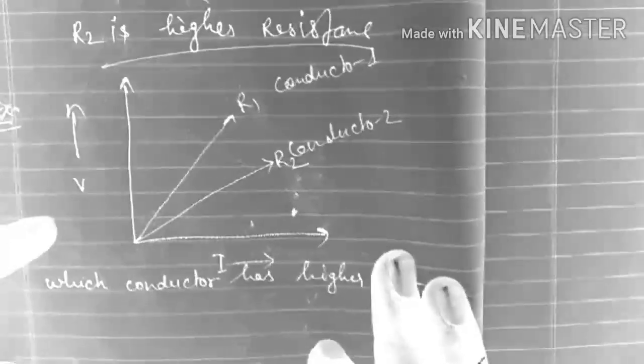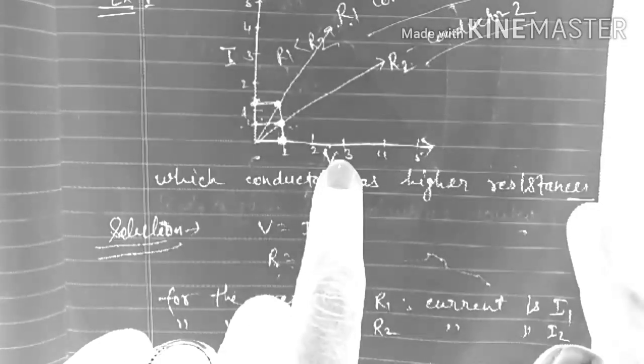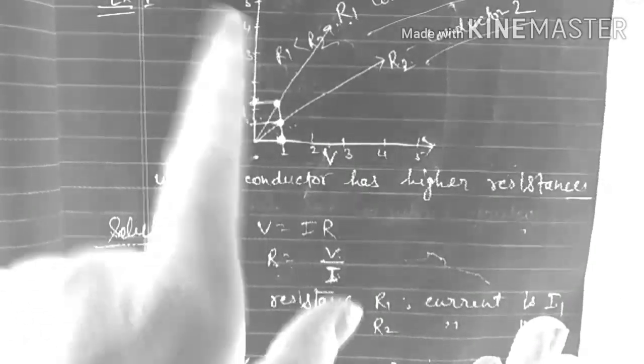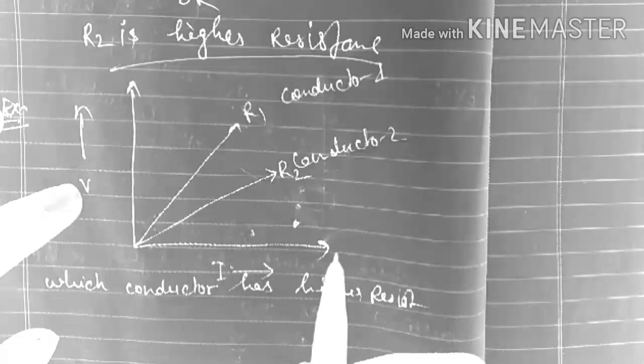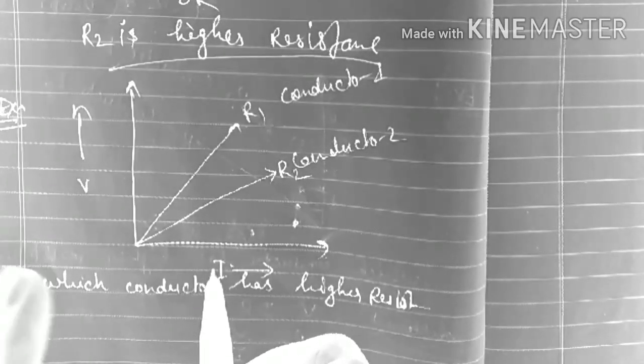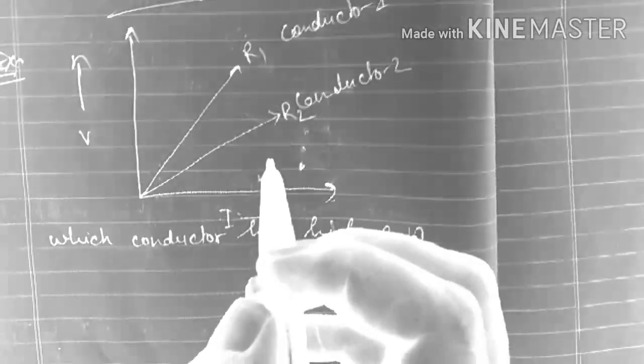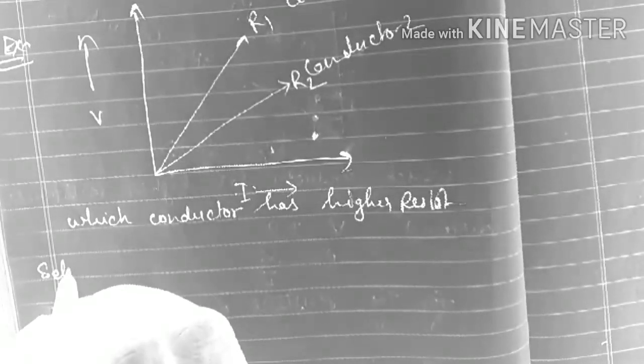In the first example and in the second example, comparing the first and second, on the x-axis we take the V in this example, and in this example, on the x-axis we take the I. It is the important thing, note it down. So solution,